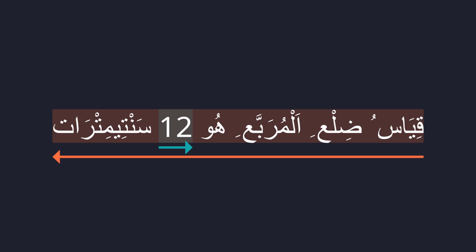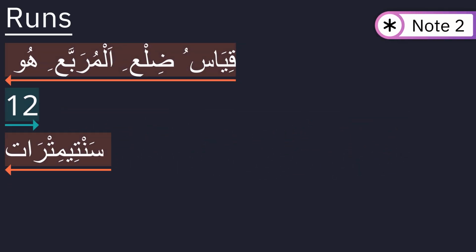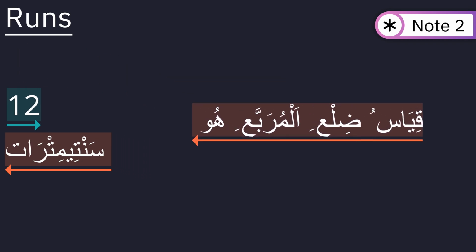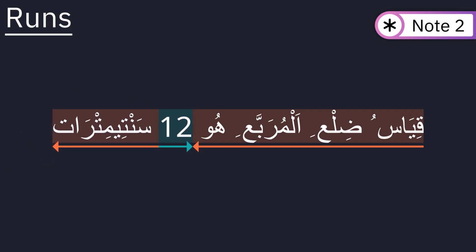But the gist of it is, first split up the text into runs with the same text direction. Note that the text in each run is always stored logically, in the order it is read. Then, lay out those runs in the context's text direction, which is right to left in this case.